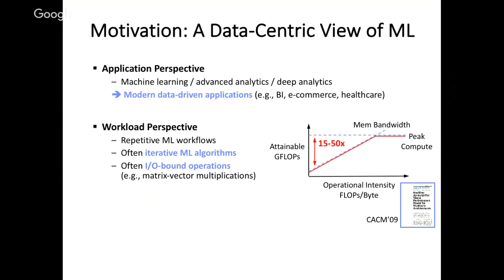It is important to realize that machine learning workflows are very repetitive, including that we have iterative training algorithms, and those training algorithms often rely on I/O-bound operations such as matrix vector multiplication. On the right-hand side, we see, for example, a typical roofline analysis that is a good visual tool to just understand what is the bottleneck in our application, where we plot essentially peak compute bandwidth, and depending on the